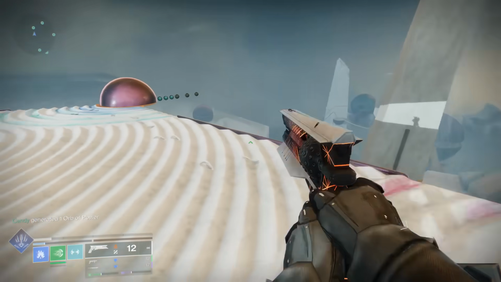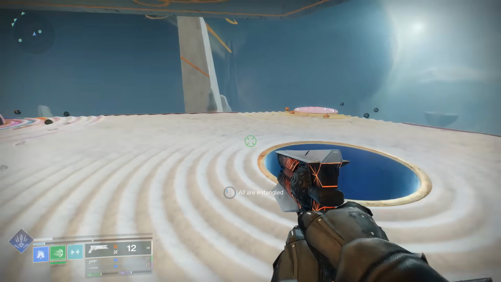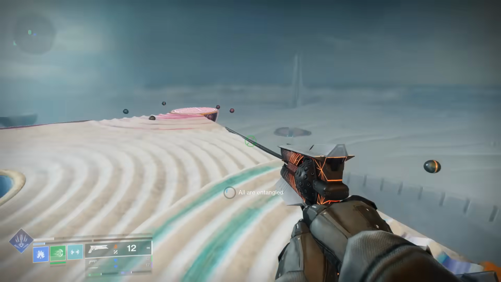So as you can see right here, you head to this middle area. You're going to kill the ads in the middle of this area. Then you go up in this tower, and here you can interact with 3 different objects to choose again which